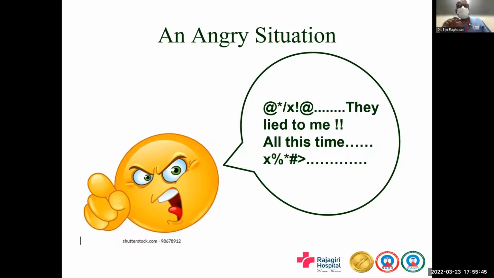Another form of increasing anger is if you ignore this person. Earlier, I said any kind of confrontation will increase the anger. I'm also saying that if you ignore this person, if you are feeling scared and you do not make eye contact, you turn your back towards this person, that will come under ignoring this person, and that also will make the person more angry. So, damned if you do, damned if you don't. But there is a way out of it.